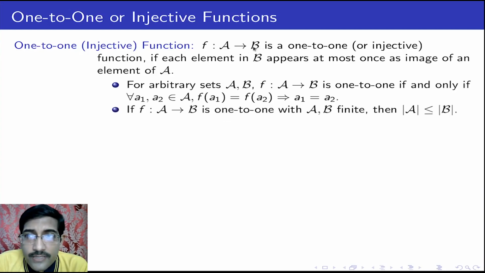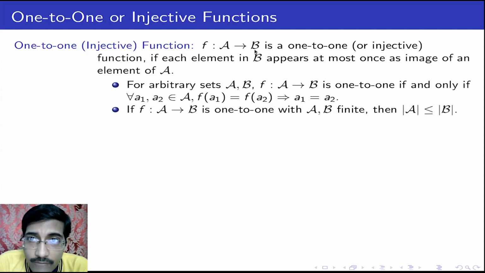Obviously, you can see that every element in B can be mapped from one element in A, not more than one. Therefore, for each element in B, I have at most one pre-image in A. So here, A can map to one element in B. Therefore, if a function is 1 to 1 and A, B are finite, then the number of elements